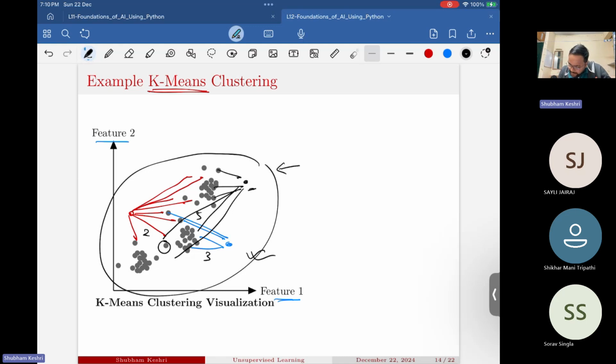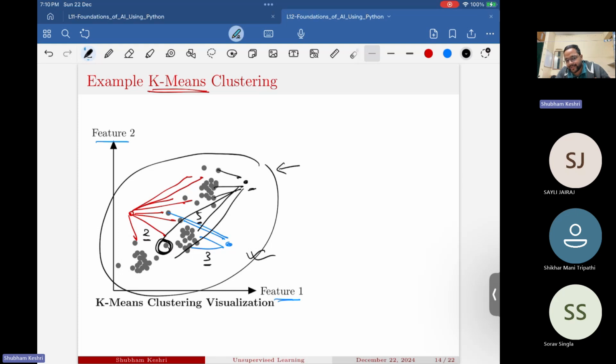Then only you will be able to say this point is closest to red because it has a value of 2, from black a value of 5, and from blue a value of 3. At each iteration you have to obtain that. To reduce the running time you have to maintain some data structures, and there are other ways also. But to understand that, you have to understand that this is a slow algorithm